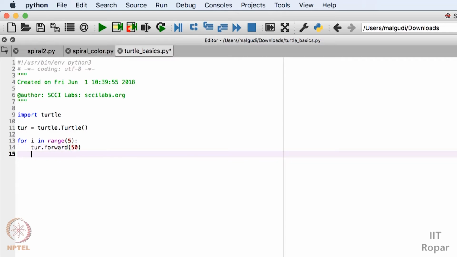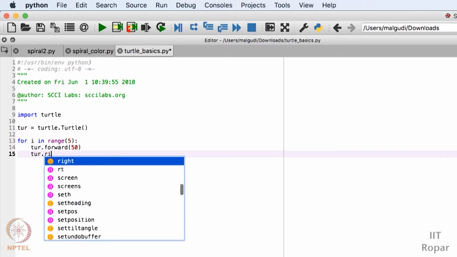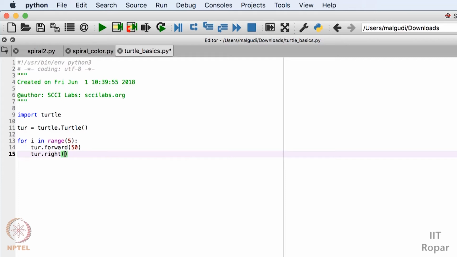After it has moved forward 50 units, I will turn the pen by an angle of 90 degrees. For that I have to use the function .right. It always takes an angle as a parameter, so I give 90, which means it will turn by 90 degrees, and I will do all this again. That's it. I'm done with this, so I have to write turtle.done. Great. Let me run this.